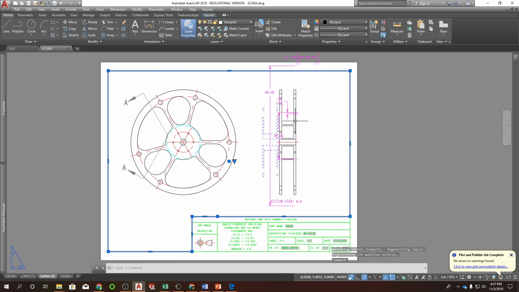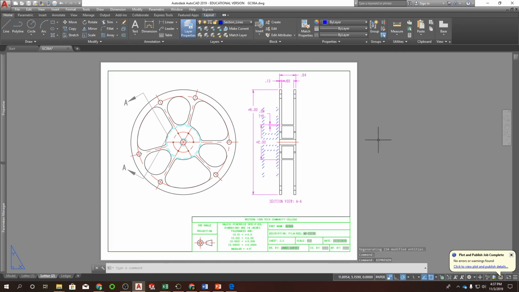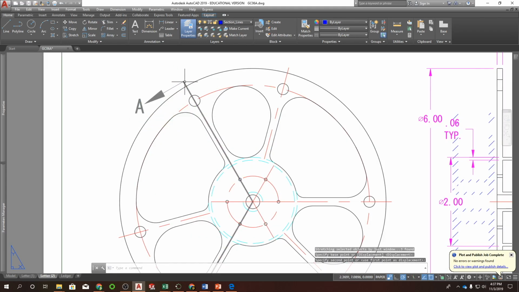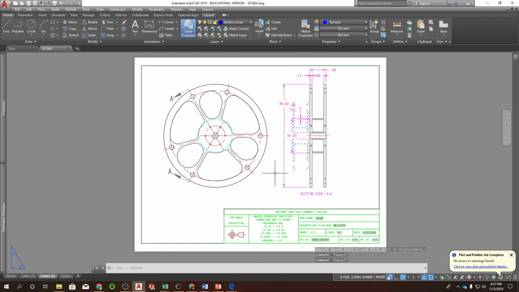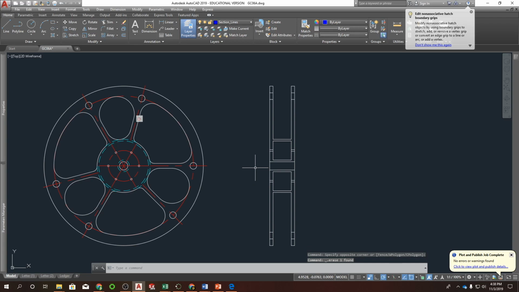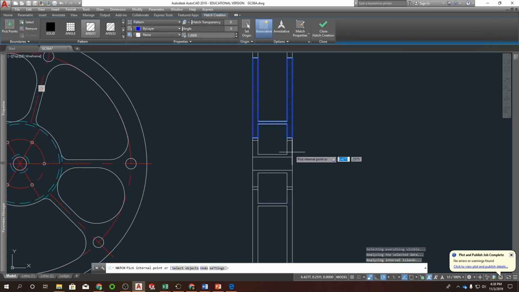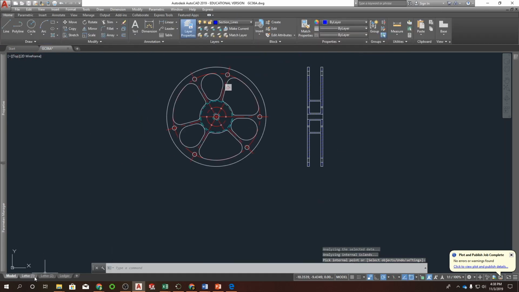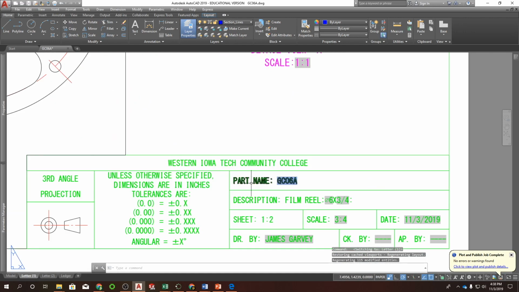Let's go 3/4. Regen. Everything's good there. I'll move my cutting line back into place. It looks like I'm gonna have to redo my hatching, which once again doesn't take long. I just delete this. The next thing I